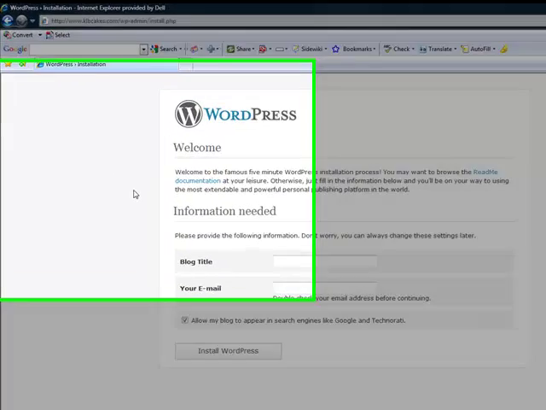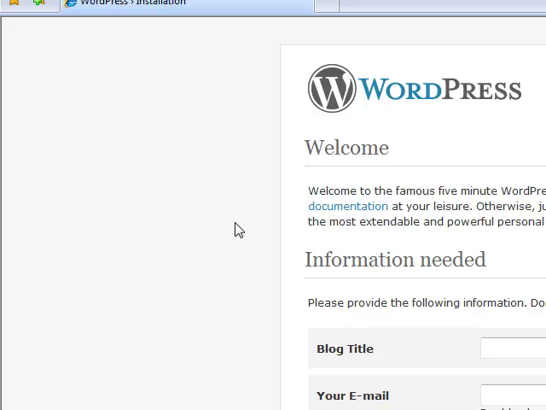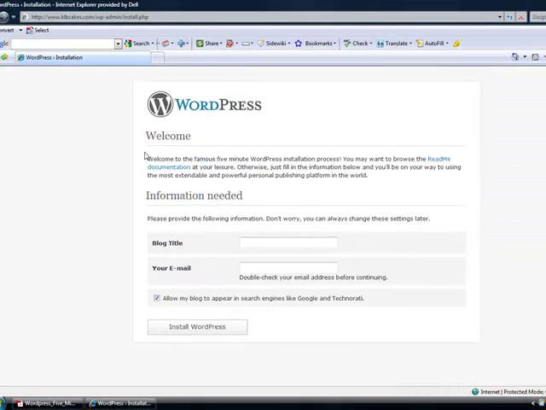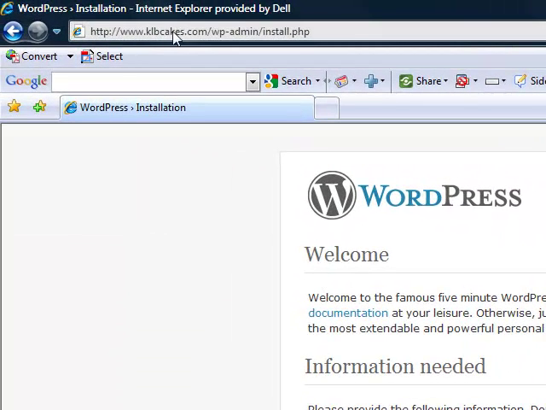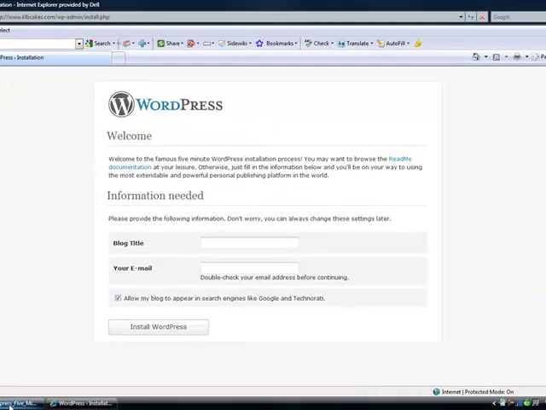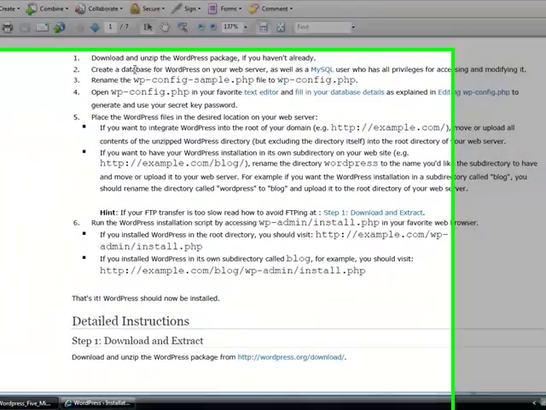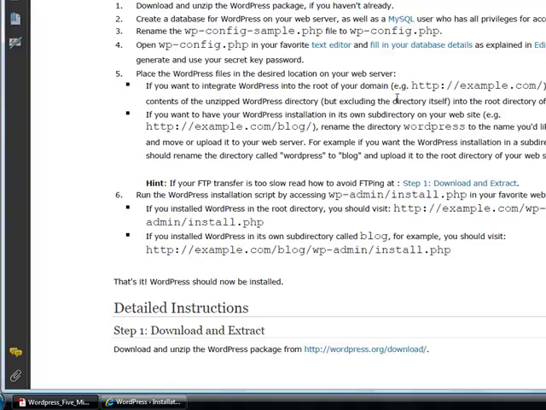We're back, and I had finished uploading all the WordPress files to FTP. After that is completed and all those files are up there, I opened up my Internet Explorer and put up the website where I installed this software, klbcakes.com/wp/admin and then /install.php. Now, you're going to see that on your 5-minute install instructions from WordPress that you can